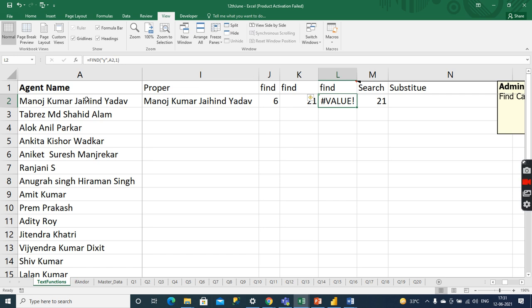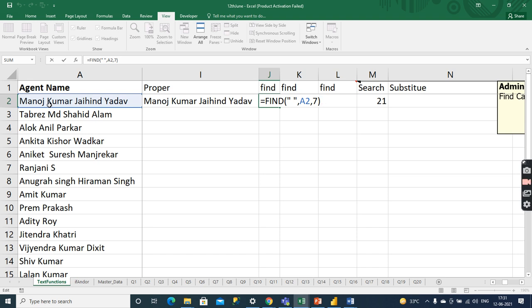So if we want to find the second space, will we write 2? No. In that case, we shall write 7 here. So why have I written 7? Because we have to search for the space after the first space. So I have given 7.